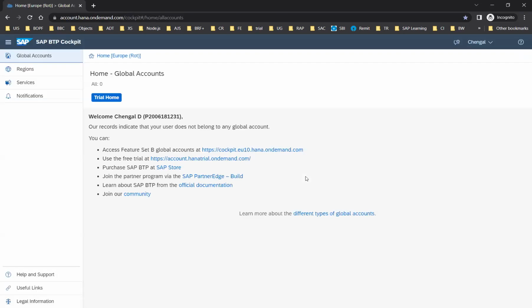Earlier we had to create the user ID, then we had to find our own way to link the